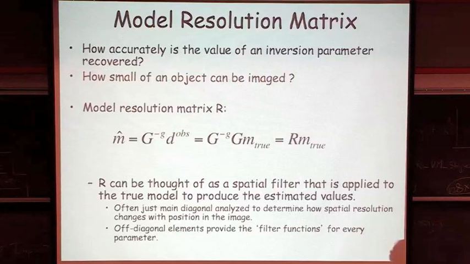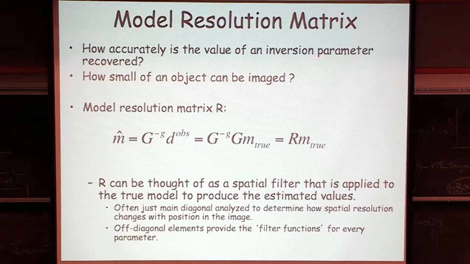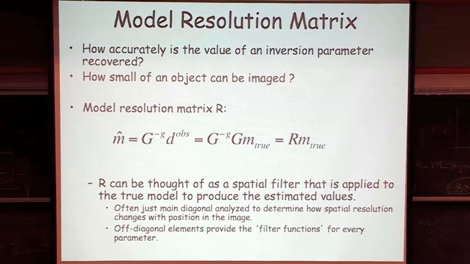One concept which is used a lot is the resolution matrix. Asking the question, how accurately is the value of an inversion parameter recovered? So how accurate is the velocity perturbation in a given block recovered? Or you can ask another question: how small of an object can be imaged, right? So typically people will do this through the introduction of the